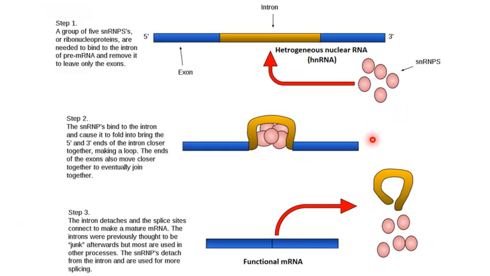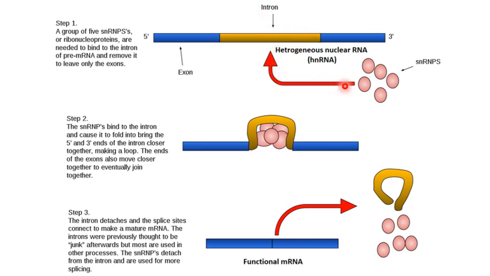Now in this slide we are showing the process of RNA splicing. This is a primary transcript of a messenger RNA that is formed. Since it is a primary transcript and it's not functional, we call it heterogeneous nuclear RNA, in short hnRNA. In this primary transcript, there are certain sequences shown here in blue which code for that particular protein, referred to as exons. This is another exon, and in between there are non-coding sequences which are called introns.